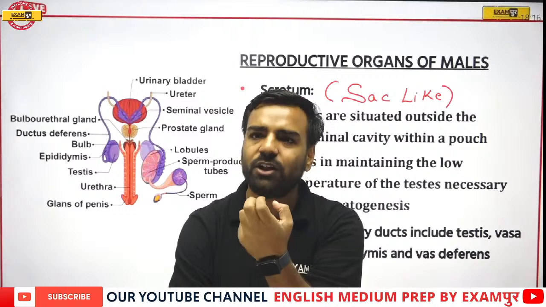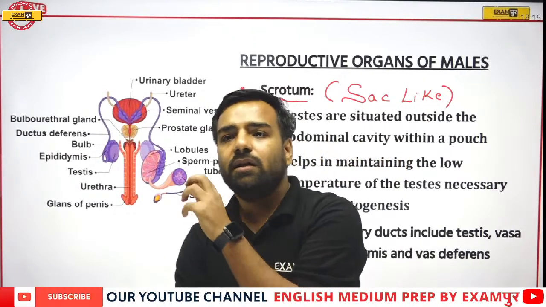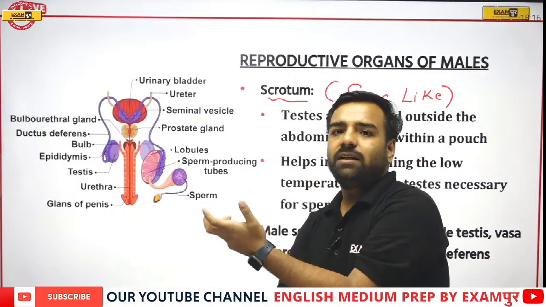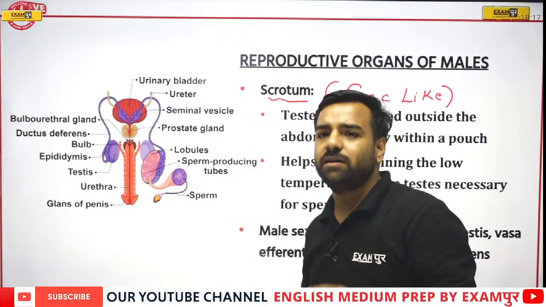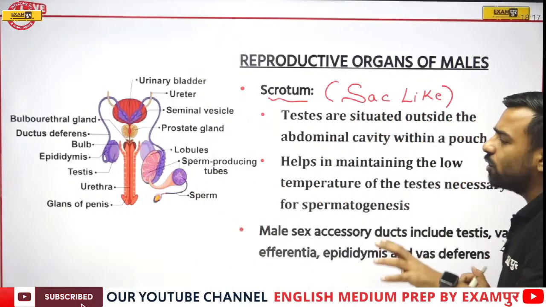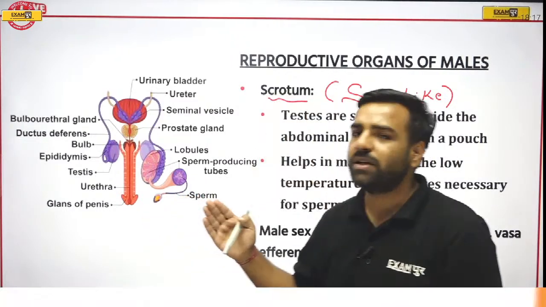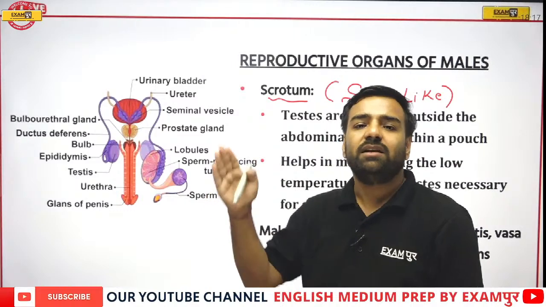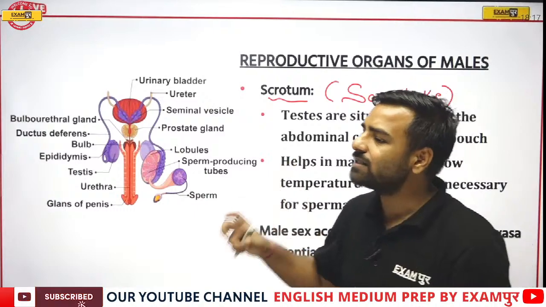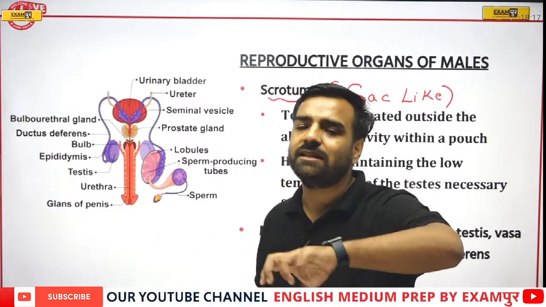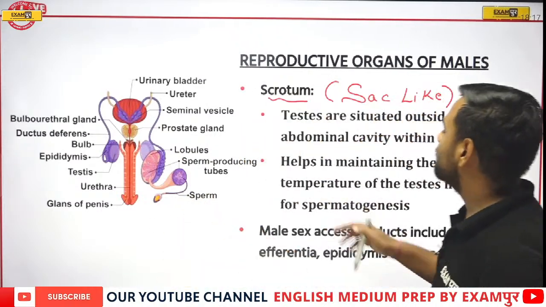So if I talk about the human temperature, yes, Nikita, that's totally correct. That is 37 degrees centigrade. And if I talk about the Fahrenheit scale, it will go to 98, correct? Now, I'm not discussing those decimal parts. I'm just giving a rough estimate. So whenever we are talking about the production of the sperms, this actually takes place when the temperature is lesser by 2 or 2.5 degrees centigrade than your body. So yes, since it is away from the body, the temperature lies 2 to 2.5 degrees lower than your normal temperature, and this helps in the production of sperm.